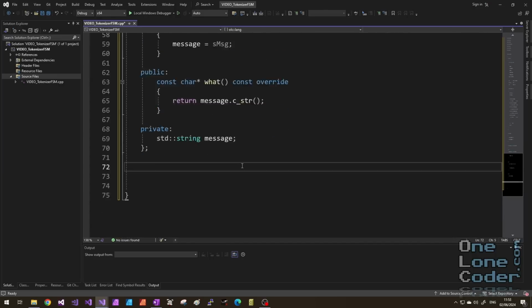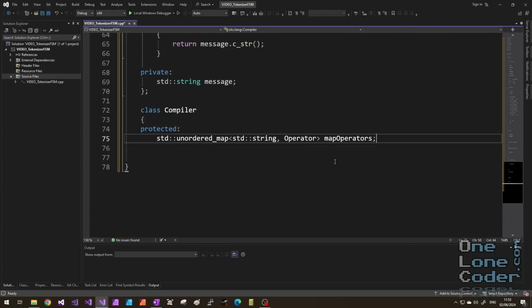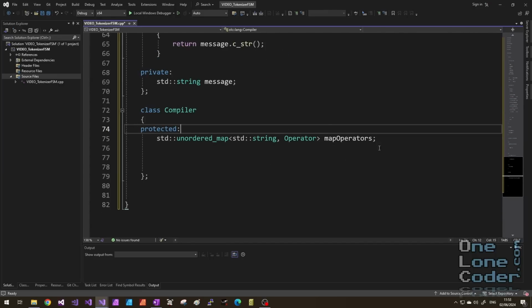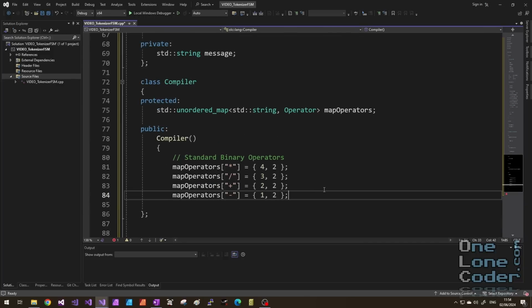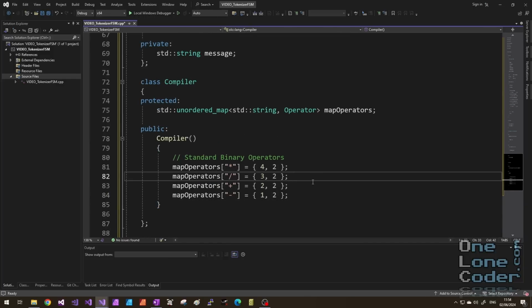And finally, I'm going to create a class called compiler. I didn't do this previously because we had no requirement for isolation between different rounds of compilation. We still technically don't, but we will do in the future, so it's useful to have this map of operators actually belong to something rather than just floating around in a namespace. And yes, this map of operators has the same purpose as it did in the Shunting Yard video. For the time being, the constructor of the compiler will define a few operators already, and